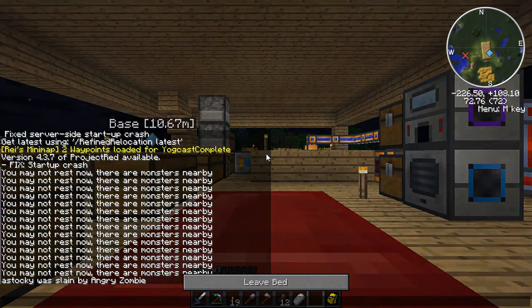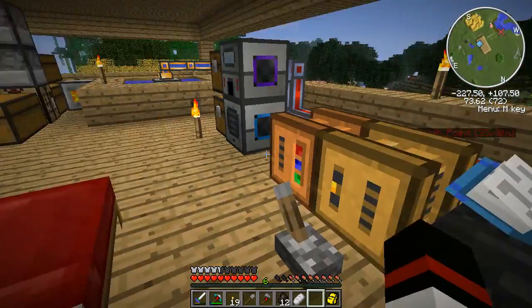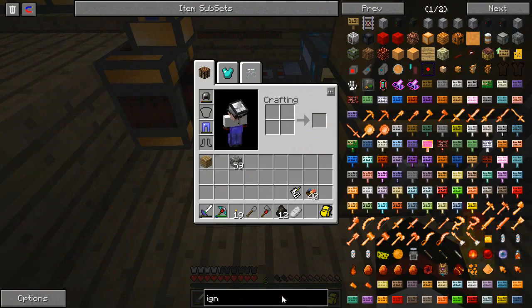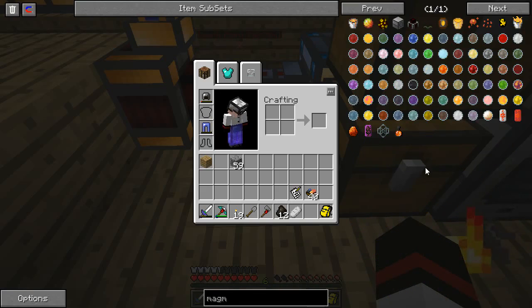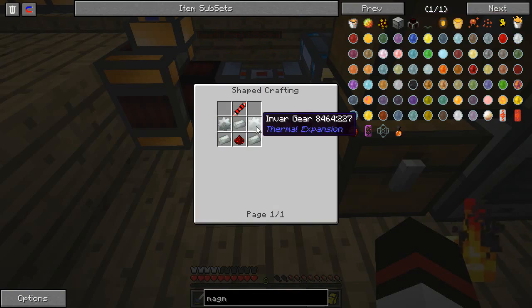So I'm going to sleep now, and then I'm going to make myself, I guess, what is the next step up in terms of engines, which is a magmatic engine. Dynamo, magmatic dynamo. There we go. Magmatic dynamo. So this thing needs